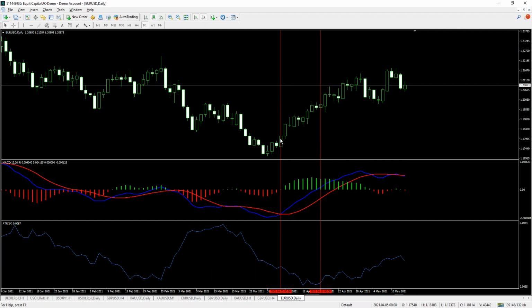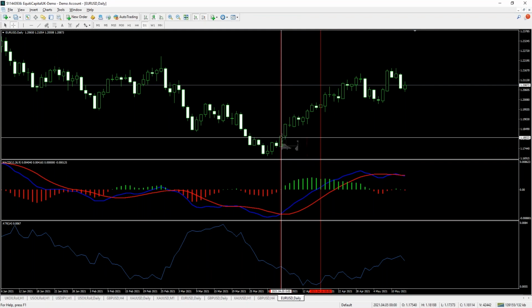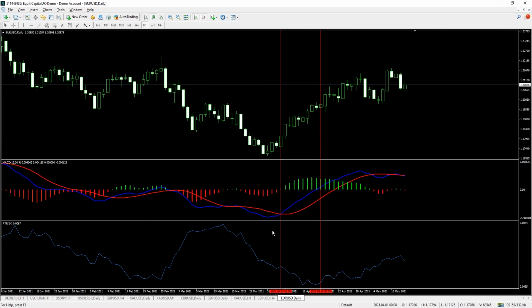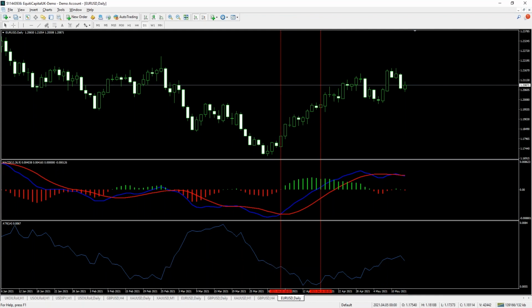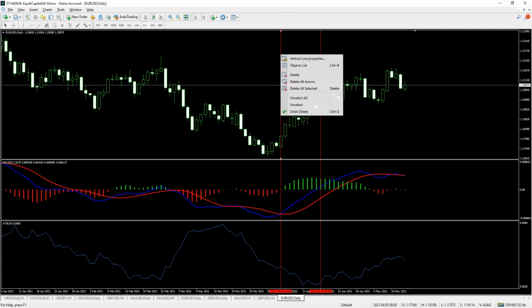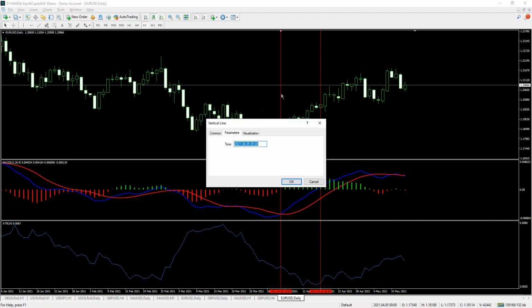Did it move 65 pips from the moment it gave me a signal? Definitely did. It's more than 70. So this one is, you need to record it. You need to put it somewhere. You need to say this is, so for instance, I usually make my winning trades as, let's say,